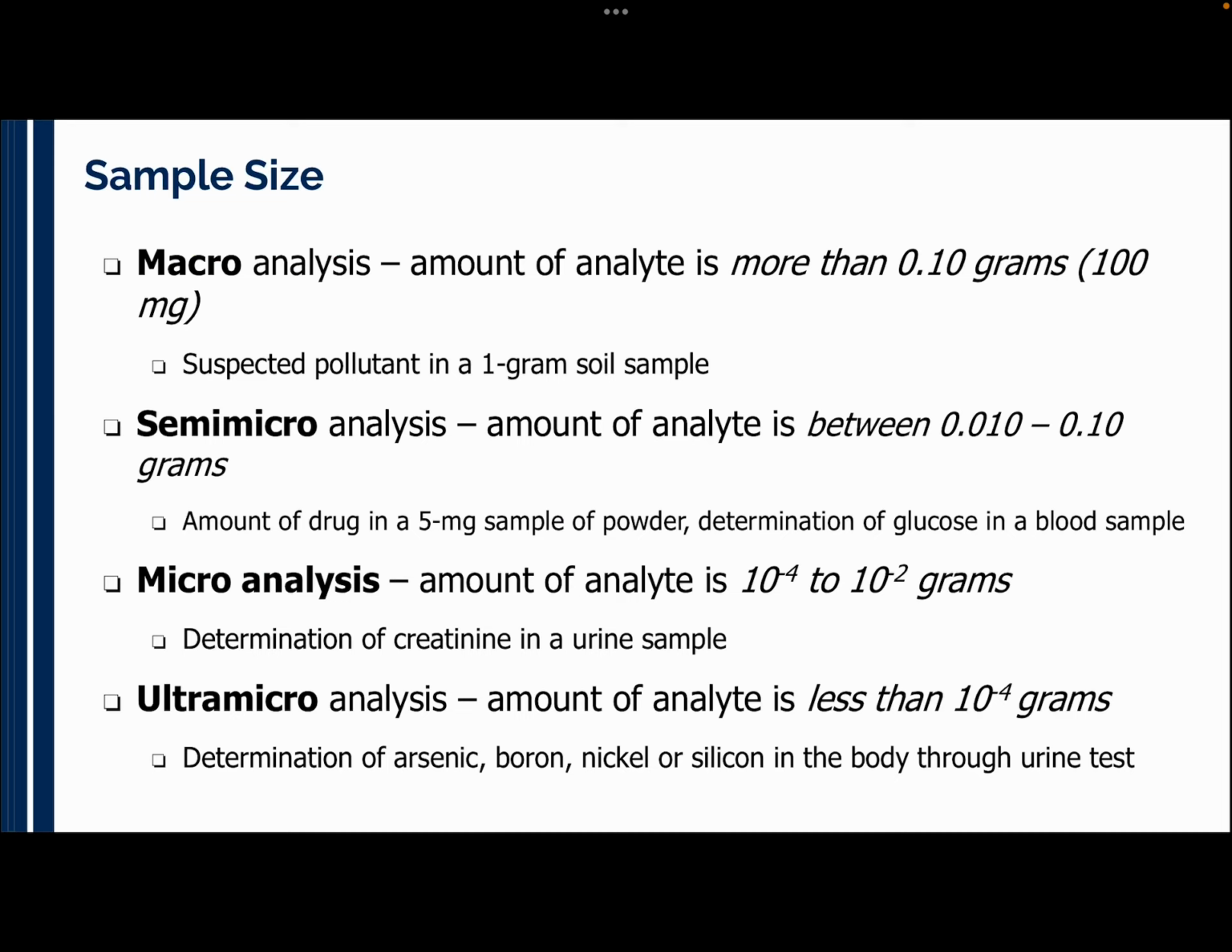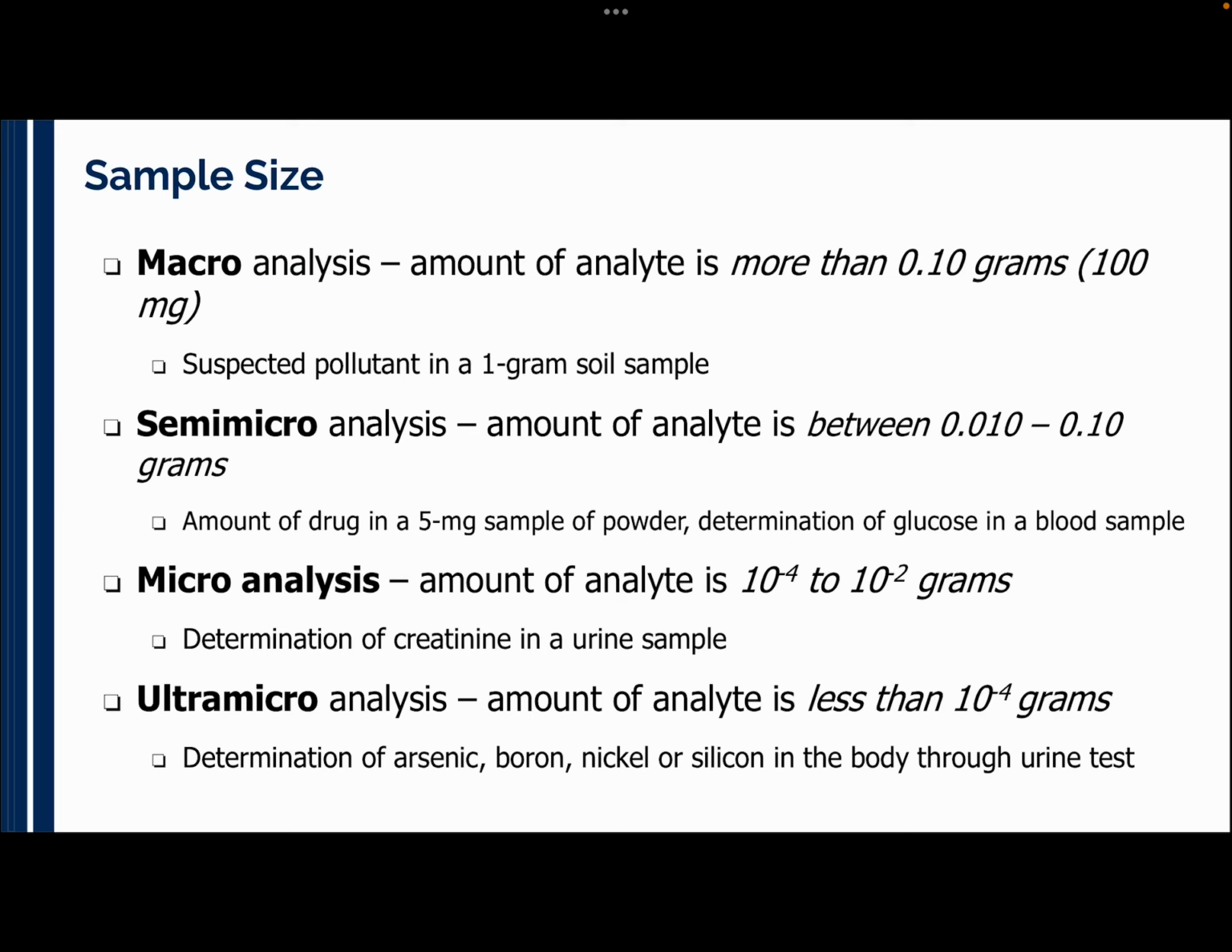So the determination of glucose in a blood sample is an example of semi-microanalysis. The microanalysis naman, so the amount of analyte is 10 to the power of negative 4 to 10 to the power of negative 2 grams. So example is the determination of your creatinine in your urine sample. Ultramicroanalysis, so amount of analyte is less than 10 to the negative 4 grams. So determination of arsenic or boron or nickel or any other nga mga metals nga present sa